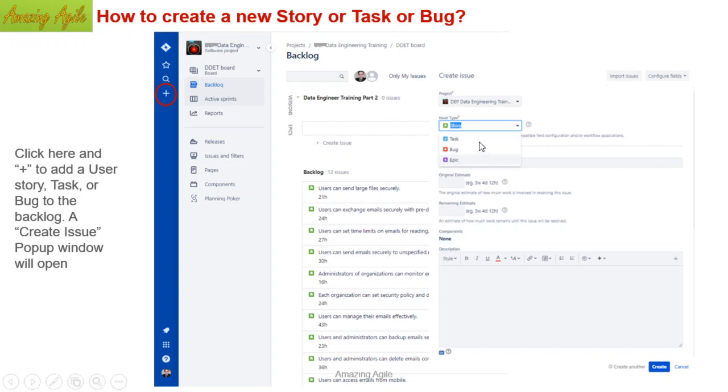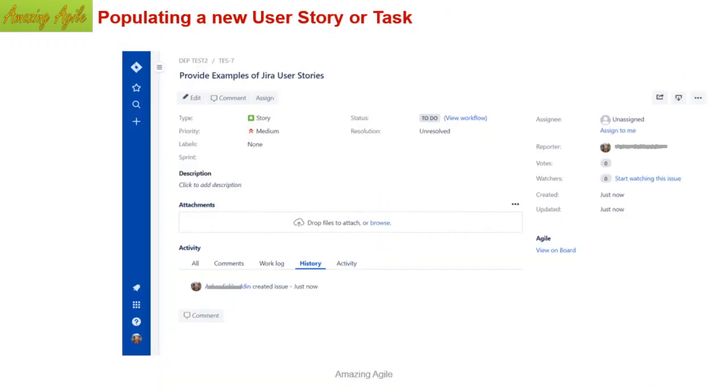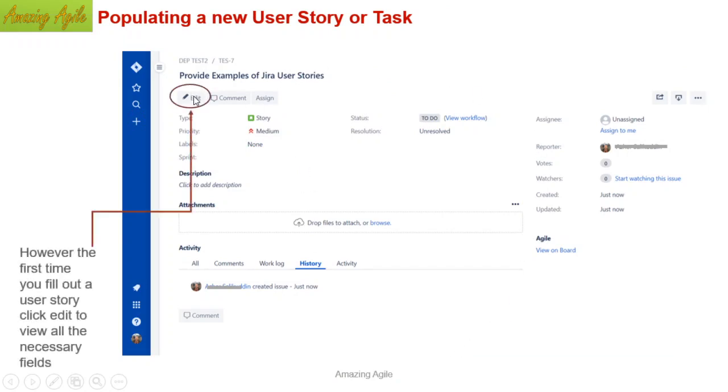Once you create any story, you write a description, give some details, everything here, and then if you click the create button, the story will be created. Here are the newly created stories. Suppose now you want to update something, you can click the edit button. Once you click the edit button, there is an option that you can edit it.